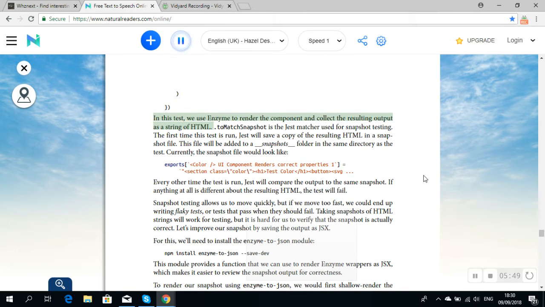In this test, we used Enzyme to render the component and collect the resulting output as a string of HTML. toMatchSnapshot is the Jest matcher used for snapshot testing. The first time this test is run, Jest will save a copy of the resulting HTML in a snapshot file. This file will be added to a snapshots folder in the same directory as the test. Currently, the snapshot file would look like exports UI component renders correct properties 1